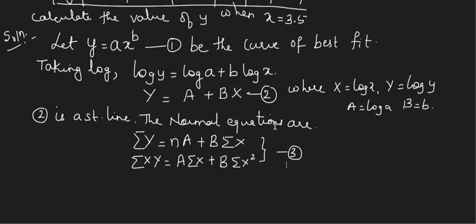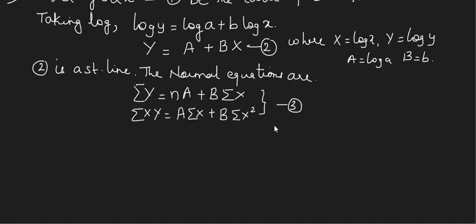So to find capital A and B, we need to construct a tabular form. So first we'll take, if you want, take small x and y as extra, your choice. But our capital X and capital Y are log of those values. So capital X, I'll take it as log x. For convenience, this being the first problem, just write it as ln x, it will be more clear to you. So capital Y is nothing but log y, which is nothing but ln y. Then what else is required here? Just see equation 3 and tell me what is the next column?